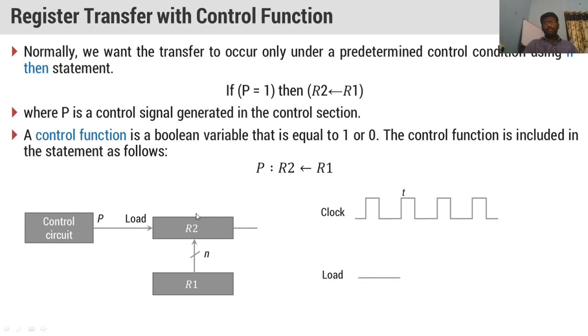So what is the clock here? You see, I am taking T here. You see the clock pulse diagram. We are taking T and T plus 1. So what is the T here? T is the starting time. T plus 1 is the ending time. At this particular time, data will be moved from R1 to R2, which we can call a clock pulse. So this is how we are giving two things: one is a control input, as well as a clock pulse input to the transfer process. So this is about register transfer language and register transfer.